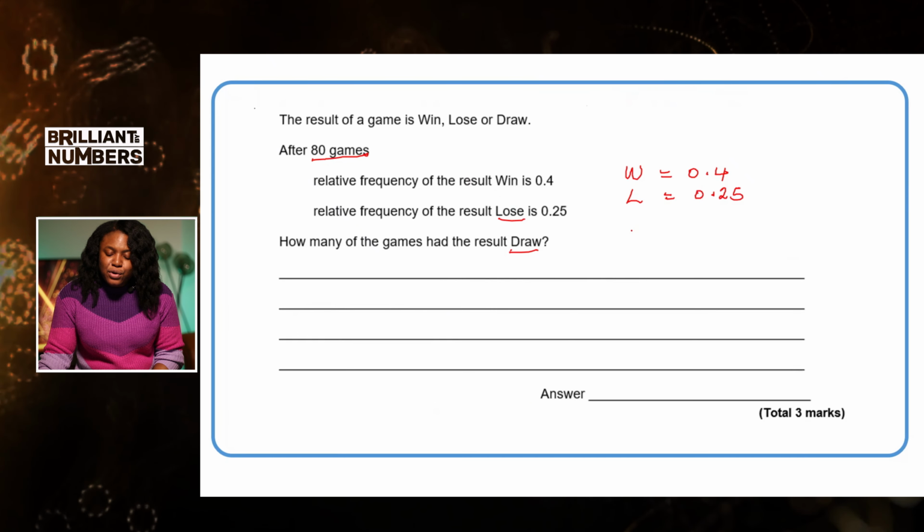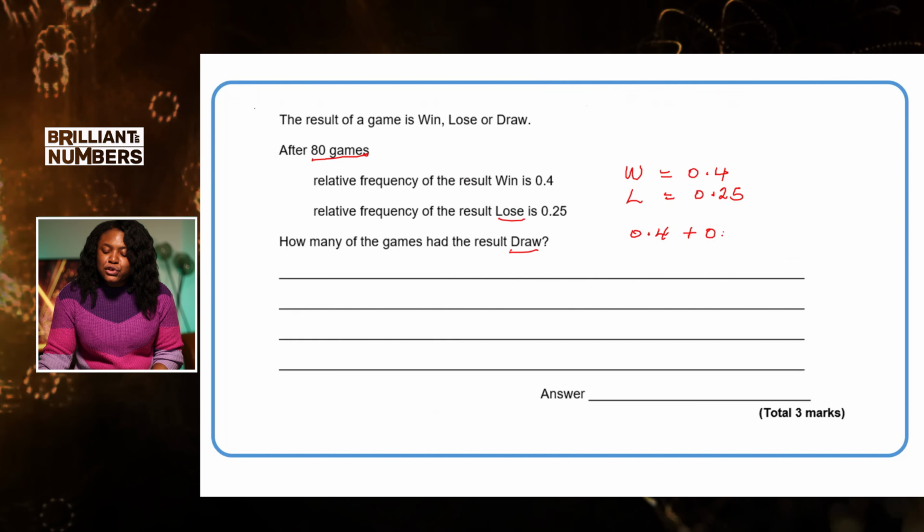So we know that probability always adds to, I hope you said 1. So what we need to do first of all is to find the relative frequency for the number of draws. And we did the question before where we find our expectation by our relative frequency multiplied by the number of trials, which in this case is 80 games. So let's go. We're going to add 0.4